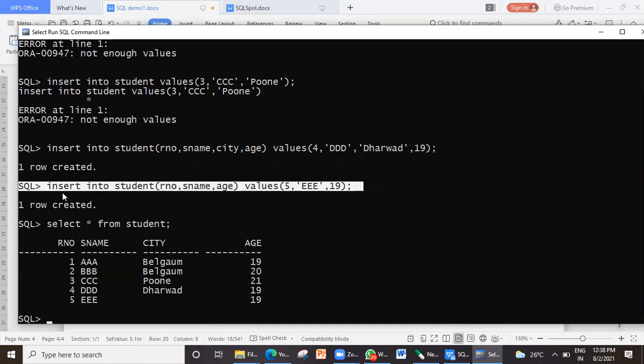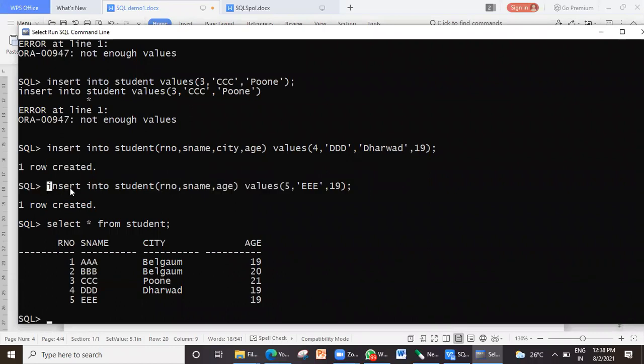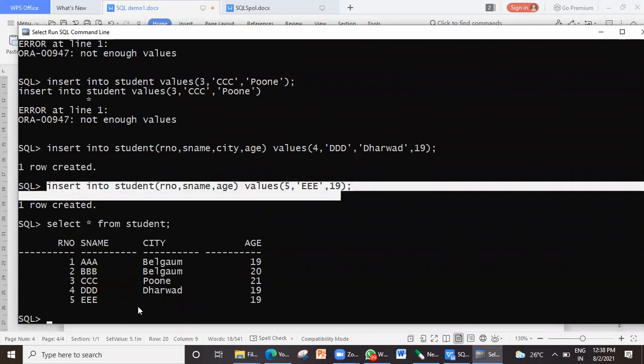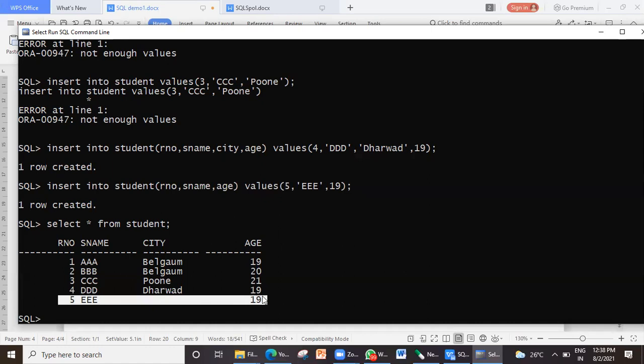So in that case, you can use this syntax of the insert statement and later on you can always update this record. Update student set city equal to whichever city that person belongs to where roll number equal to 5. So by this time, you should be able to recollect all the commands by which you can update, delete, or insert the values. Is this clear about insert now?